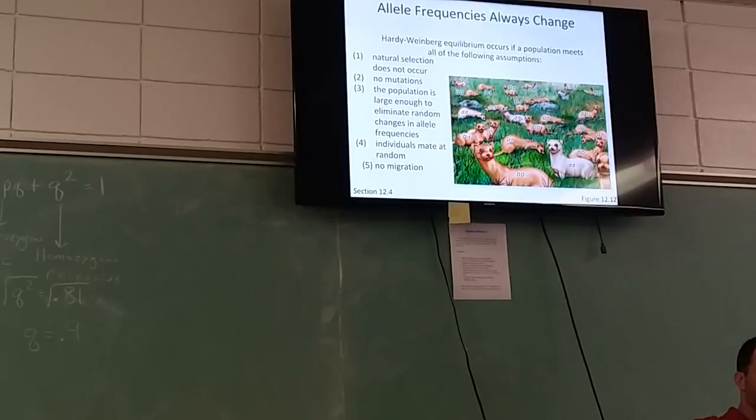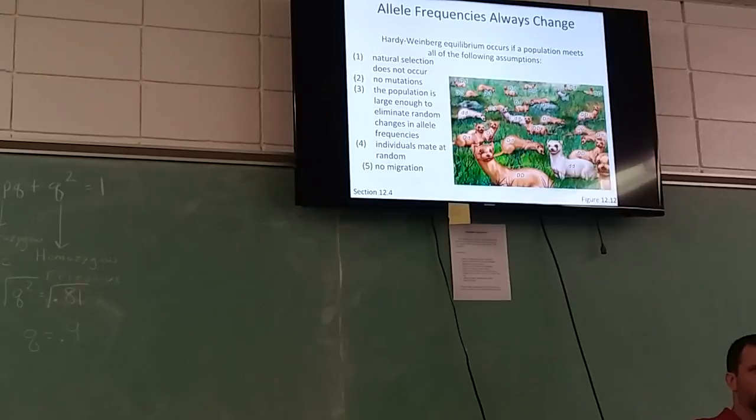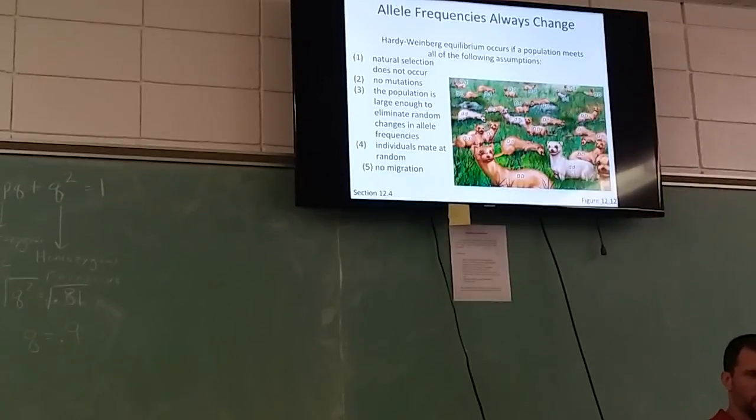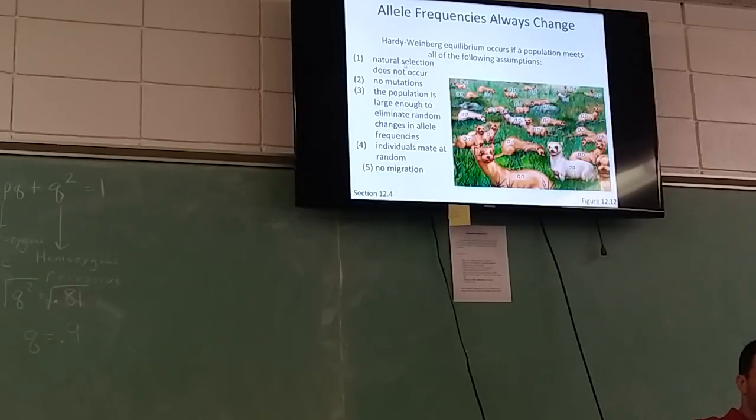Number 2 is mutations. When we're looking at DNA, maybe one of those A's switches to a T, or one of those G's switches to an A, or any situation like that. The majority of the time when one of those switches happens, it's bad for the organism, or it might be neutral. But every once in a while, that mutation may be beneficial. If it's a bad one, natural selection is going to weed it out. If it's a good one, natural selection is going to act on it and make it more prevalent.